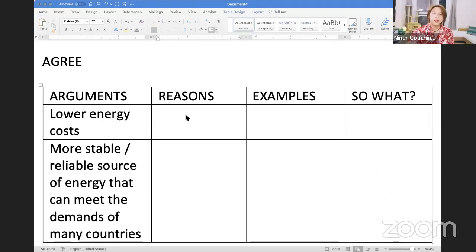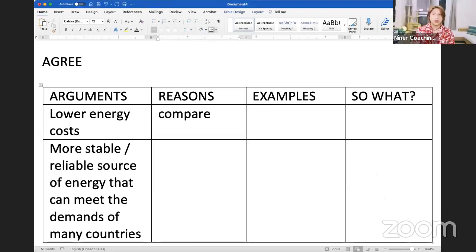Why is it that the consumers, the people who make use of energy, actually pay less if nuclear energy is being harnessed by a country? Yeah, because compared to other